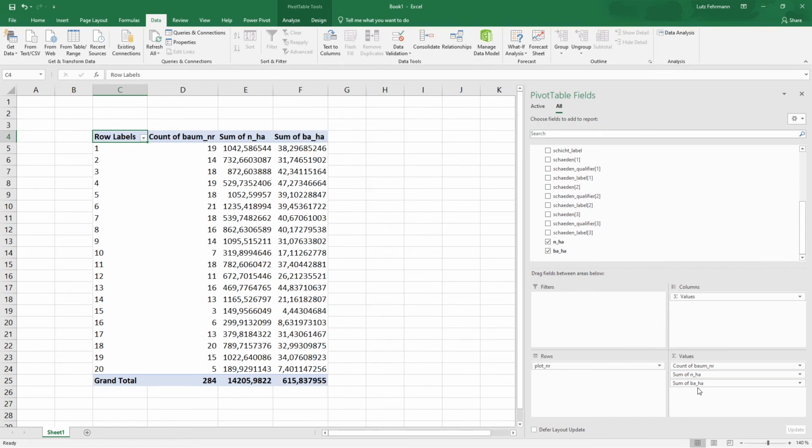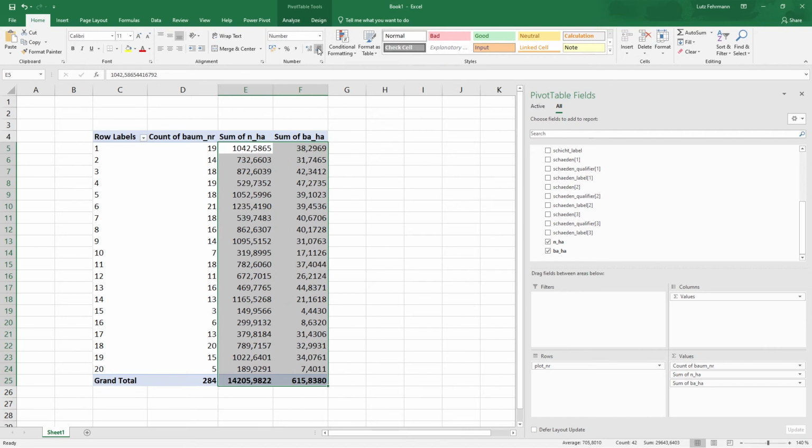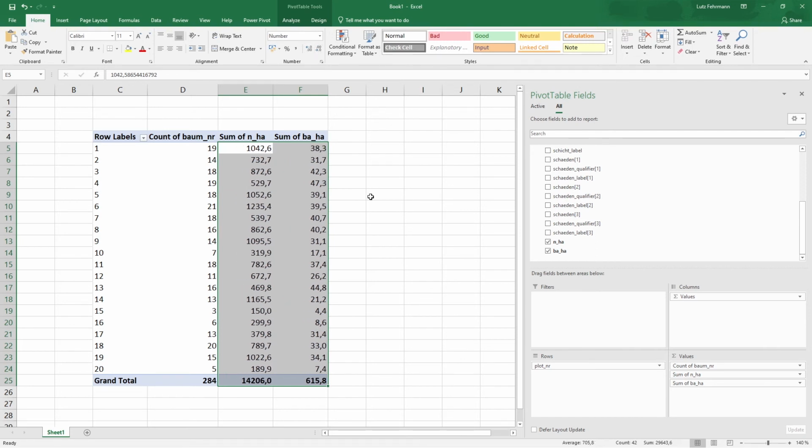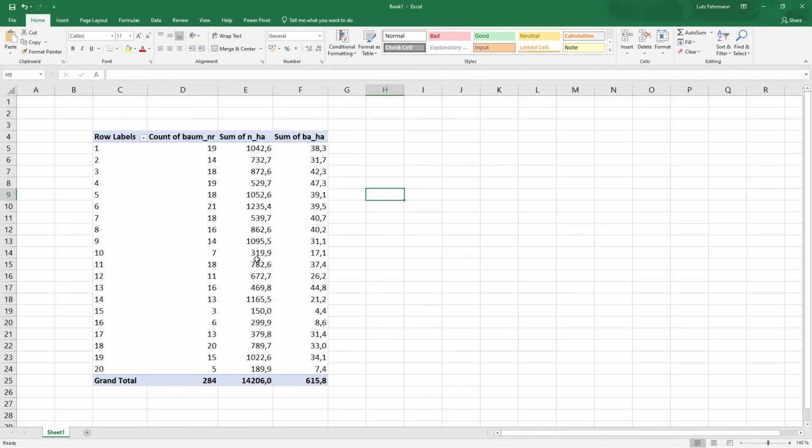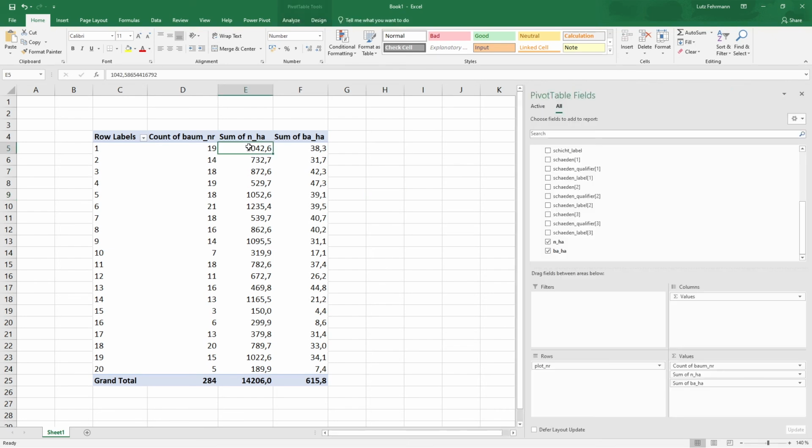In this case, the default aggregation of a sum is absolutely correct, because what we are doing now is summing up all the trees per plot, or summing up the target value per plot. So what we get here is already an estimate of the basal area per hectare and the number of trees per hectare for each single plot.